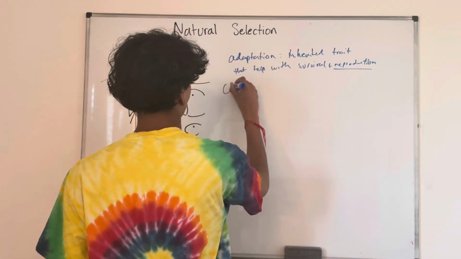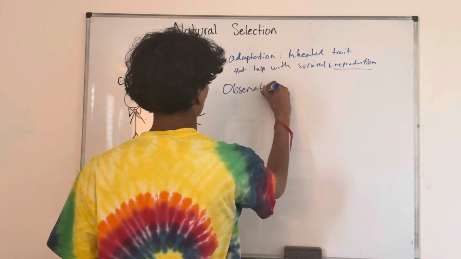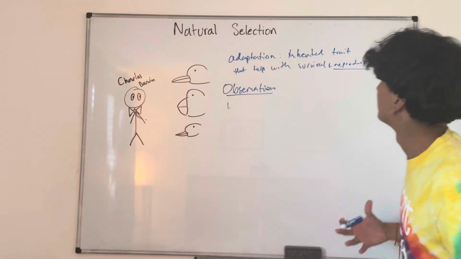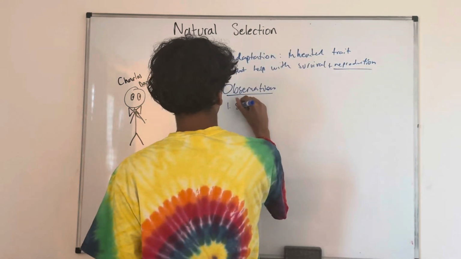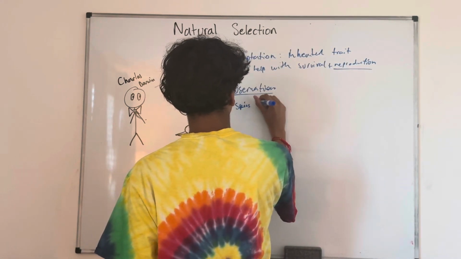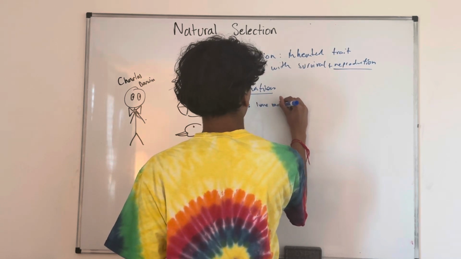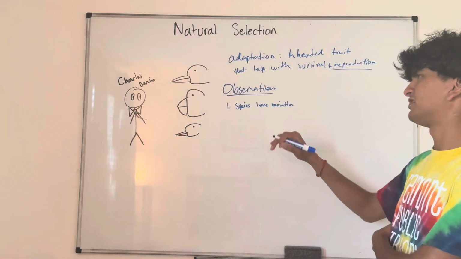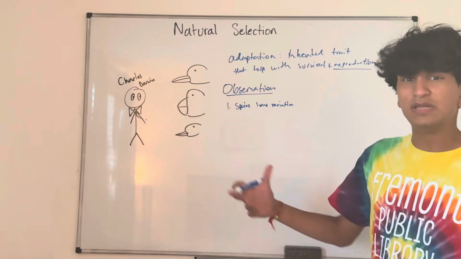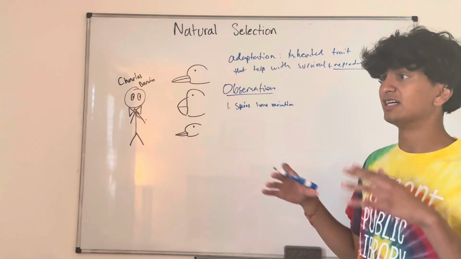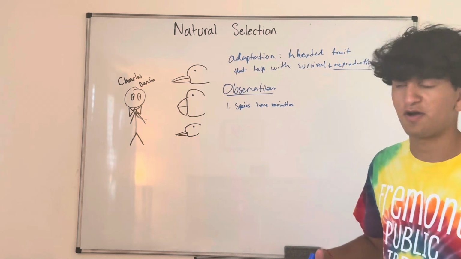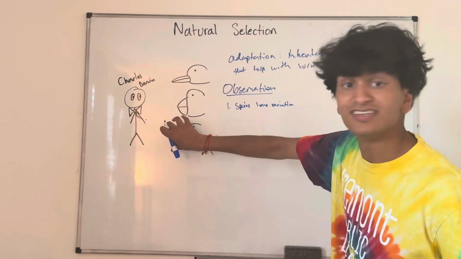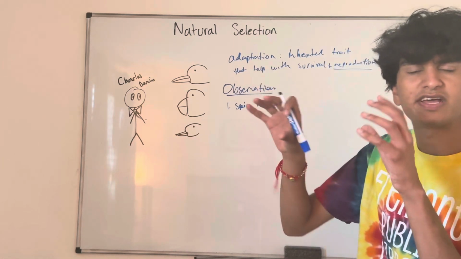His observations. The first one is that there's a lot of variety. Species have variation. If you think about this, I guess this isn't really the finch species. That'd be more like a genus, I think that's what it's called, which we'll talk about maybe in the next section. But even if you look at the insect-eating species, there's still variation. The beaks are slightly different.